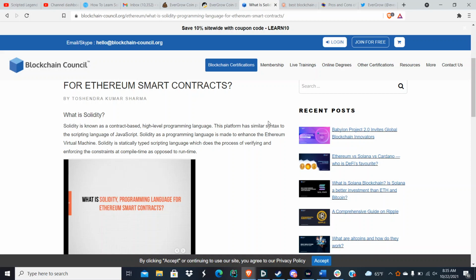All right. Solidity is known as a contract-based, high-level programming language. This platform has similar syntax to the scripting language of JavaScript, which is a front-end developing language that is very useful and is used for a lot of things. JavaScript is a good programming language. Solidity is made to enhance the Ethereum virtual machine. Solidity is a statically typed scripting language, which does the process of verifying and enforcing the constraints at compile time